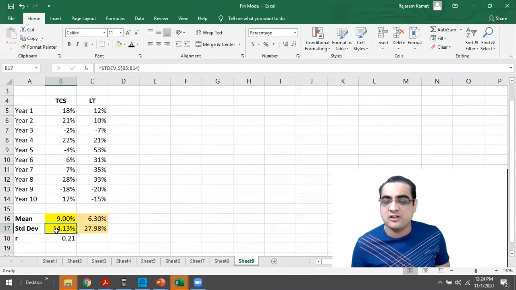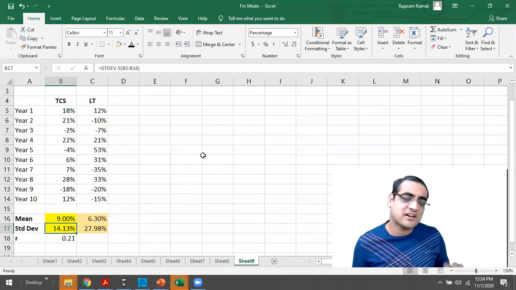But if I invest 100% of the money into TCS and 0% into LNT, because TCS was offering higher return and lower risk, I may miss out on one point. Can you tell me what I'm going to miss? TCS had higher return and lower risk, LNT had lower return and high risk. So LNT was bad, TCS was good. If I invest all my money into TCS, I'll miss out on the concept of diversification.